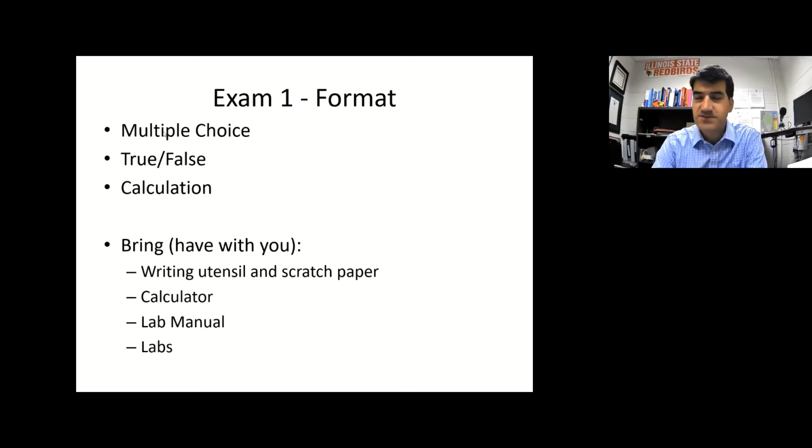And there will almost certainly be some calculation problems. Probably not as many calculation problems on exam 1 as there will be in exam 2 and 3, but we've still done some calculations in the first third of the semester. So you can definitely expect some calculations, but they will still be structured as multiple choice questions. So I'll just give you a bunch of possible answers and you will select the correct answer after doing the